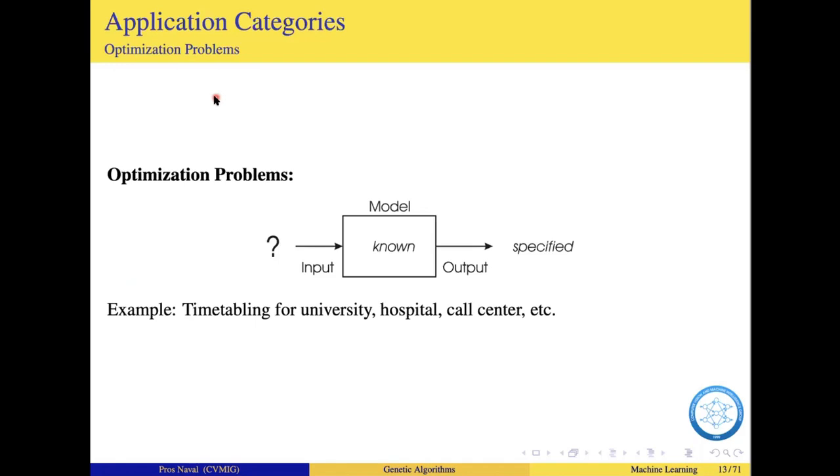Let's take a look at optimization problems. So here you have your model, and your model is known. What's inside is known. You know the details, say, of a timetabling problem for a university or hospital or call center, and you specify the output, but you don't know the input. For example,